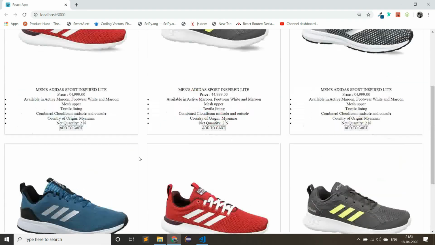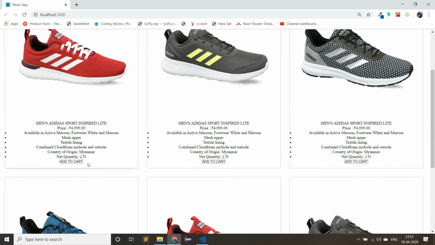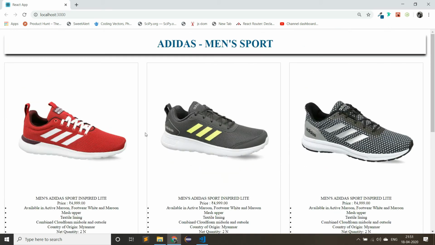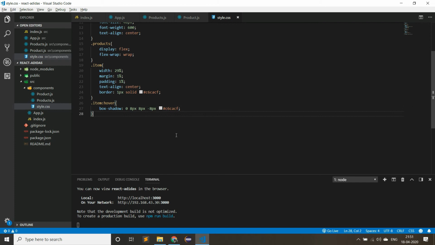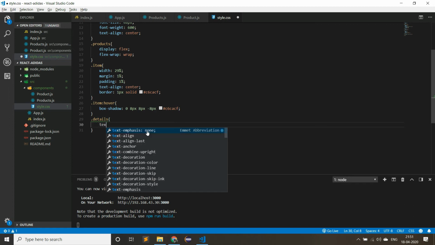Save the file. Now you can see we are getting the products in a card format. If we change the width to 50%, it will take 2 products.